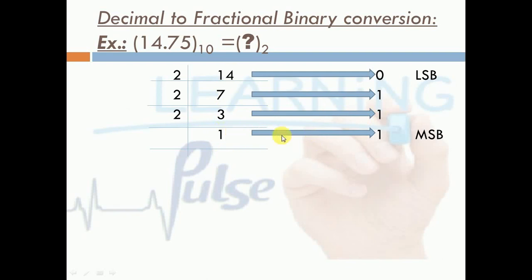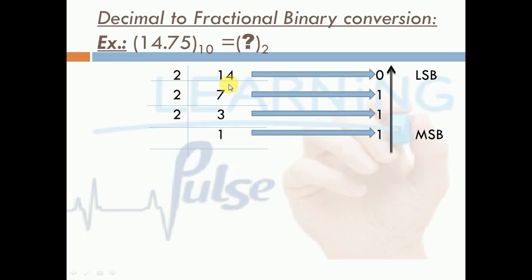So we are going to note down this remainder 1 as it is, and we have to arrange these numbers from the bottom to the top, and the number at the bottom is known as the MSB or the most significant bit, and the digit at the top or the remainder at the top is known as the LSB or the least significant bit. We have seen this part in the previous video also. We have done the same conversion over there. Now as we have arranged these numbers, it will be 1 1 1 0.